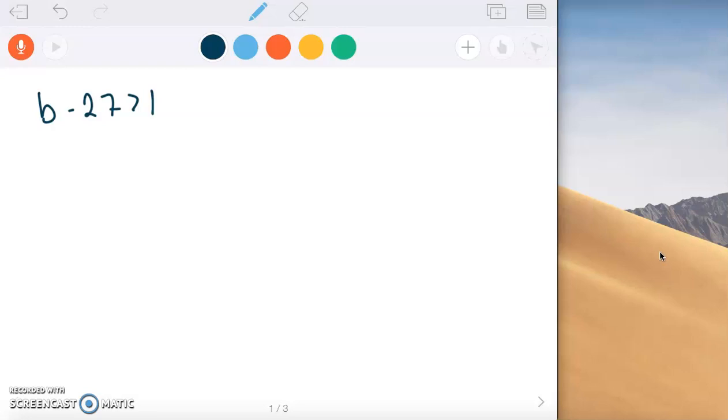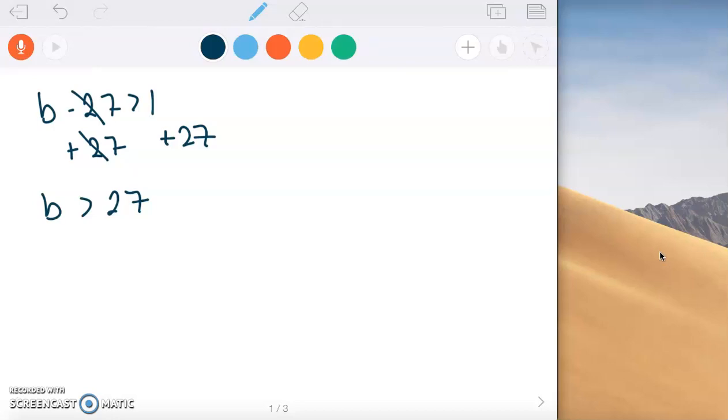So the first thing we need to do is add 27 to each side, right? We need to get rid of that 27. So it cancels over here. So we know that b is greater than 27. So that is our solution, but to write it in interval notation, and we know that it's going to be,